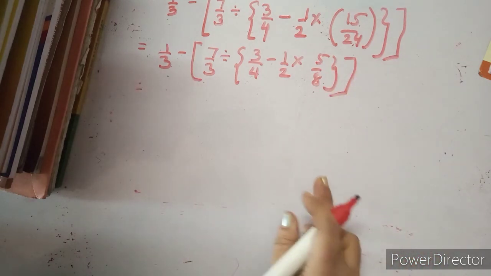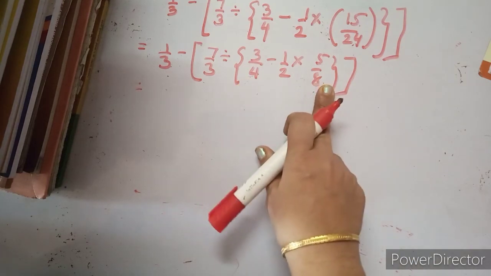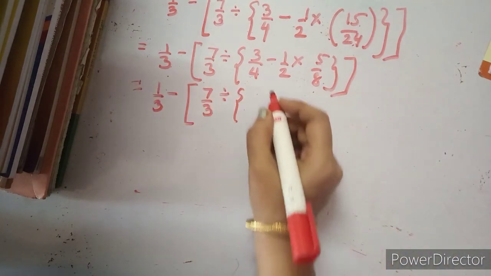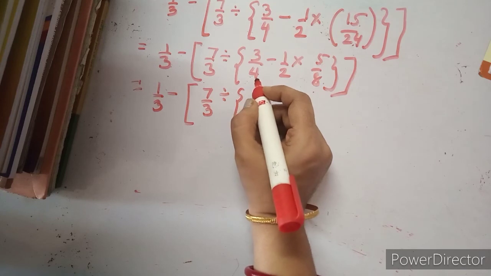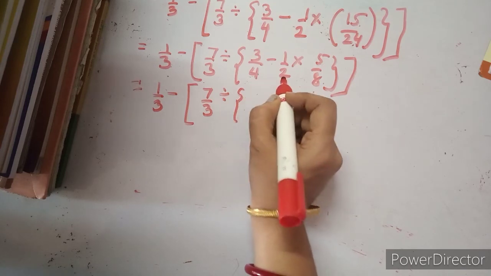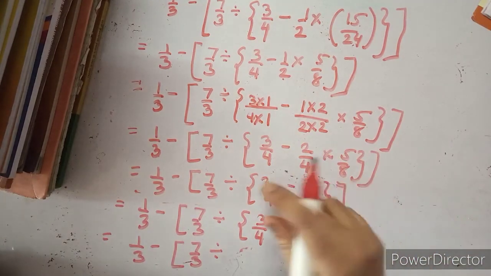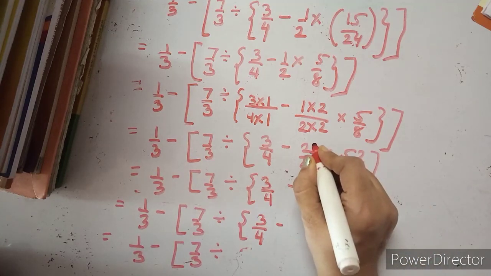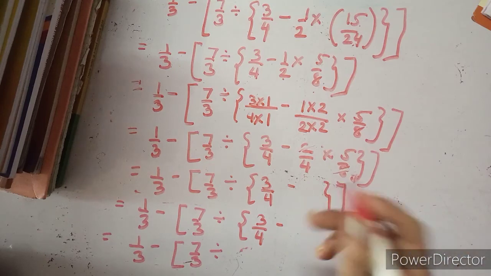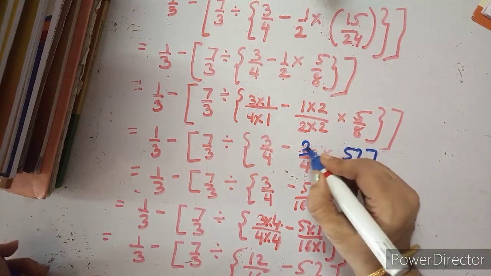So now we will go for the second bracket. Now for the second bracket, first you need to go for the LCMs. Now after doing this step you need to cancel out. See, 2 1s are 2, 2 4s are 8. So this becomes your, now see here you can cancel out.